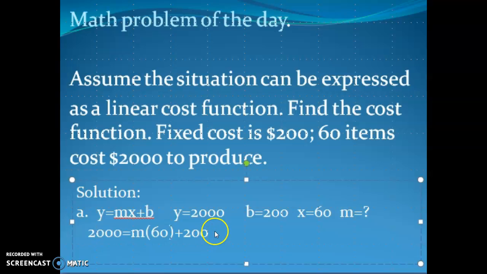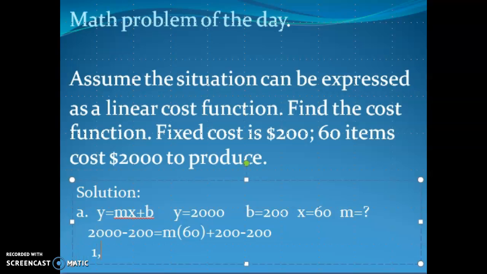So now we are going to simplify. So we need to get rid of this 200, so minus 200. And then we will subtract 200 to the left equation. So our 2,000 minus 200 will become